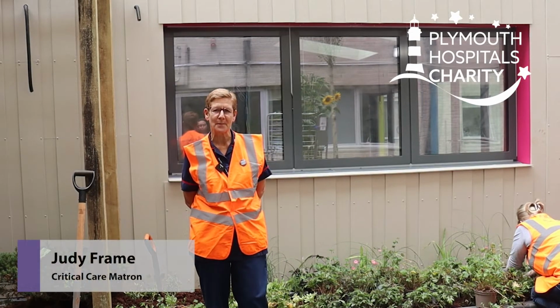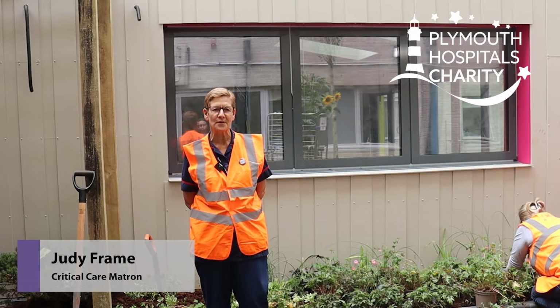It's a space that has power, oxygen, suction, light, air, heating, appropriate ventilation, meaning that we can look after all of our patients outside and provide end-of-life care, rehabilitation care, provide care at the whole part of the patient's journey. As well as being a vital space for our patients, it's just so important for our staff health